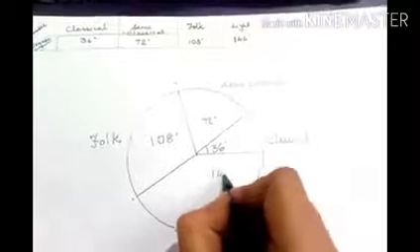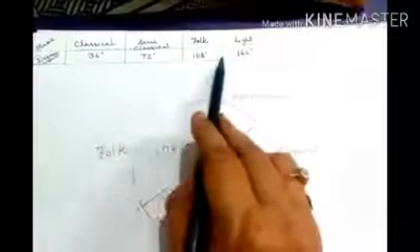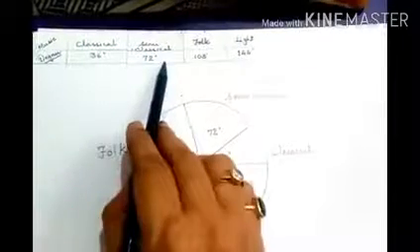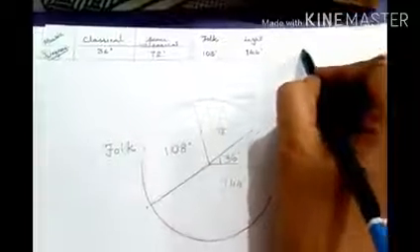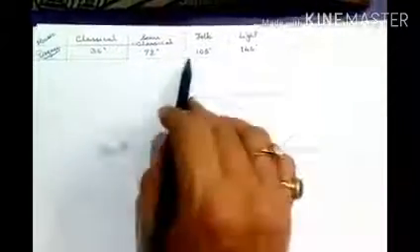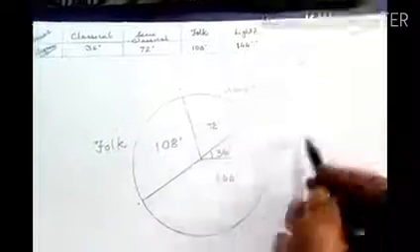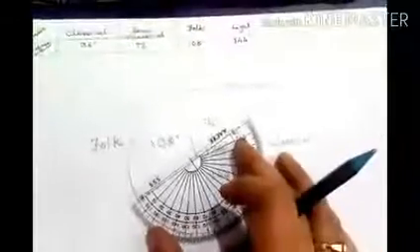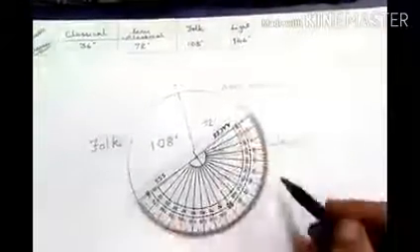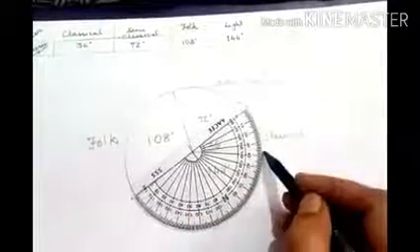You can measure with your protractor. The remaining part will be 144, because whenever you find angles like this, suppose here you find 4, the sum of these 4 will be 360 degrees. Suppose you find 5 angles or 6 angles, whatever number of angles you find, the sum of all these angles should always be 360 degrees. So you can check like that. And here also you can place your protractor and check whether the remaining angle is 144 degrees or not. So here you can see this is 144 degrees.